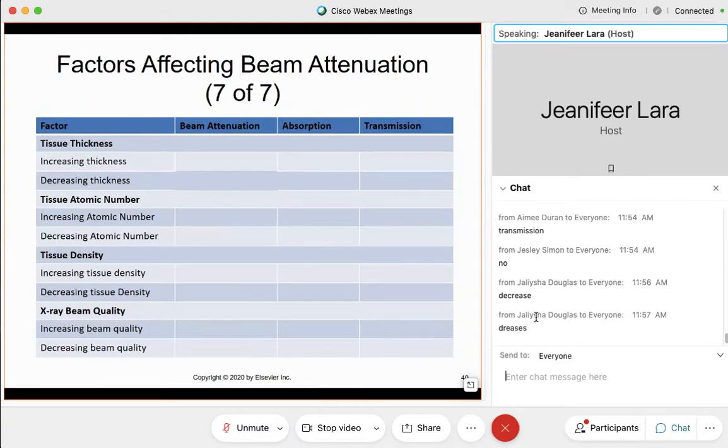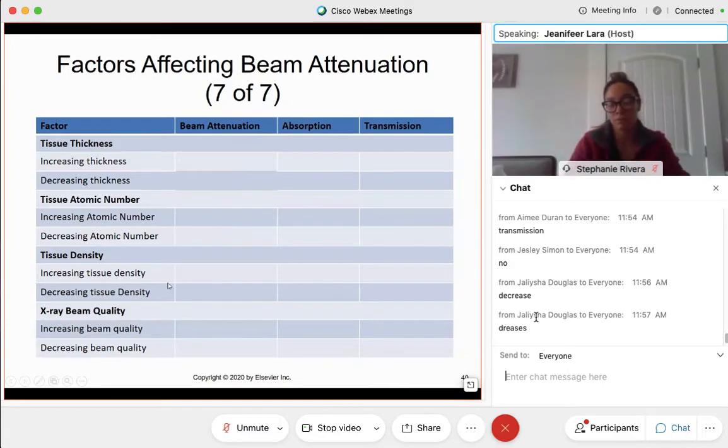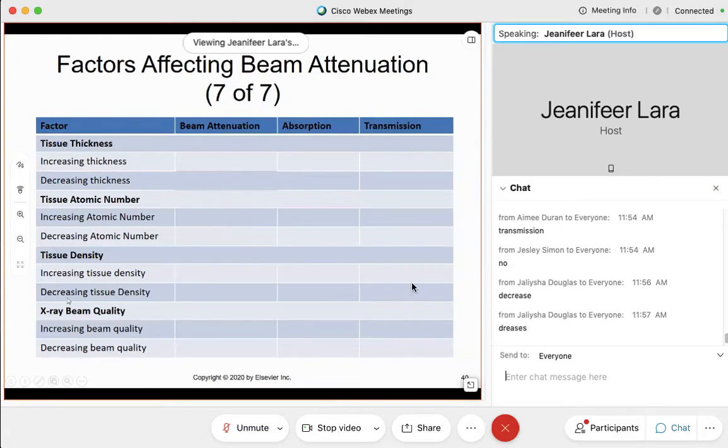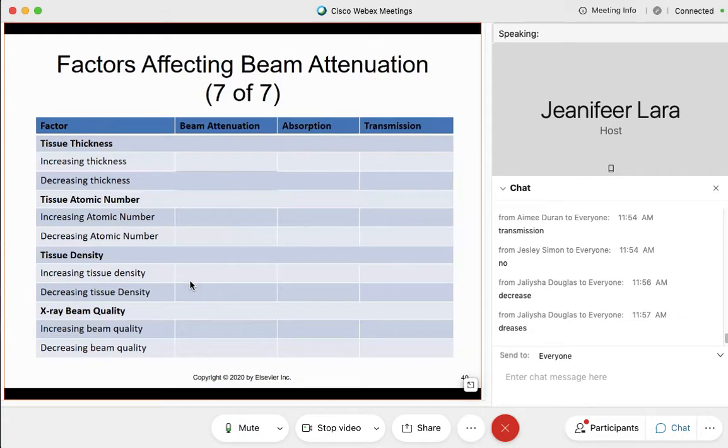Stephanie? Decreases. It decreases. Perfect. Jaleisha, tissue density. As tissue density decreases, what happens to beam attenuation and absorption? Because these two are going to stay together. If the density is decreasing, shouldn't it also decrease? It should also decrease. So tissue density is decreasing, absorption is likely to go down, and transmission is likely to